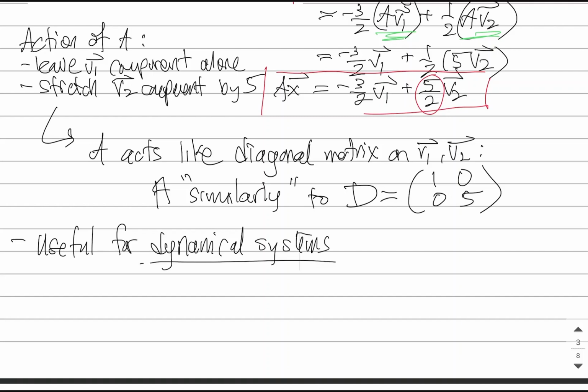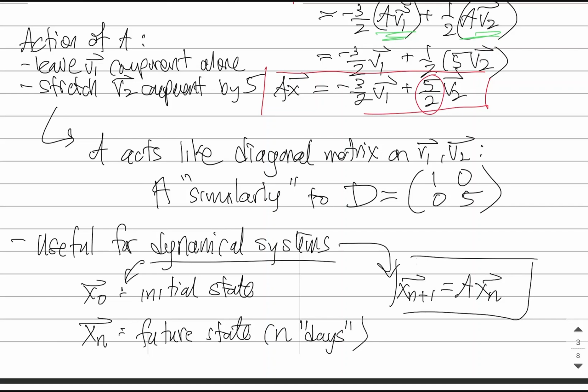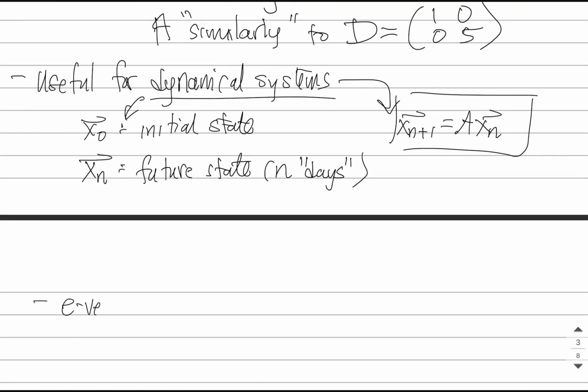Now, we talked about dynamical systems earlier, right? We have these problems with some initial state, and then xn would be some future state after n, we'll call them days. It may not be days, it might be hours or minutes or whatever the case is. And then you have a dynamical system where the future state is related to a previous state by a very simple update equation. Eigenvector basis